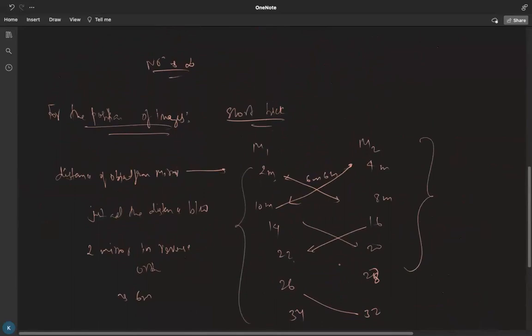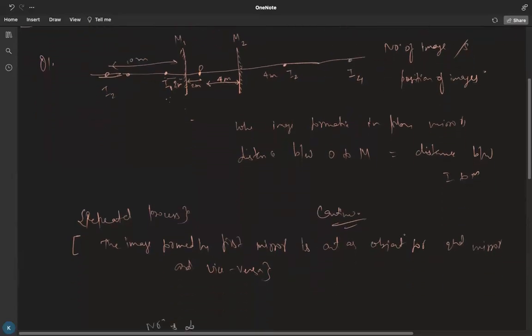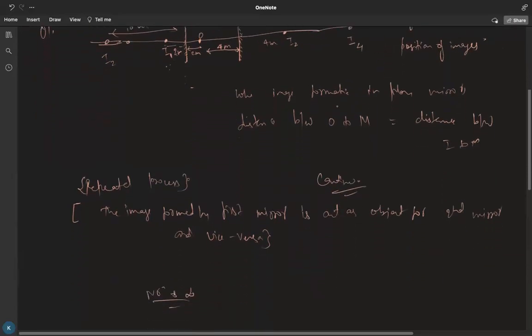इसको आप रिकॉल ऐसे कर सकते हो कि देखो सबसे पहले क्वेश्चन को समझो. हमारे पास दो मिरर दी गई हुई हैं, दोनों एक्चुअली पैरेलल रखे हुए हैं। एक मिरर से एक ऑब्जेक्ट रख दी गई है 2 मीटर की दूरी पे, एंड उसी ऑब्जेक्ट का दूसरे मिरर से जो डिस्टेंस है वो है 4 मीटर। नाउ यू हैव टू फाइंड द टोटल नंबर ऑफ इमेजेस एंड देयर पोजिशंस, right? So what you have to do, you have to simply find the positions of the image and the number of the image. The number of images is actually infinite, but the positions of the image you have to find,